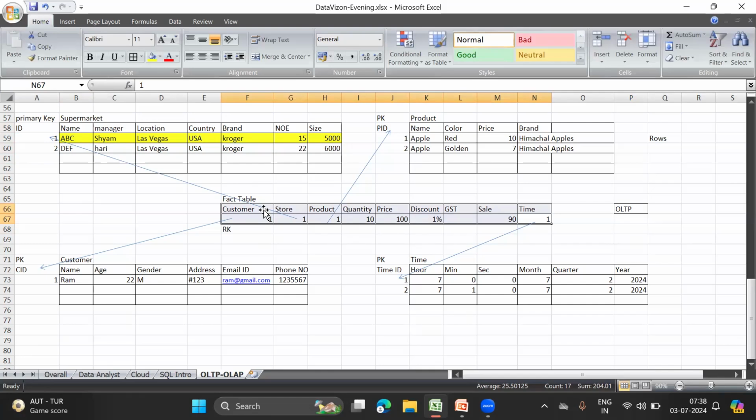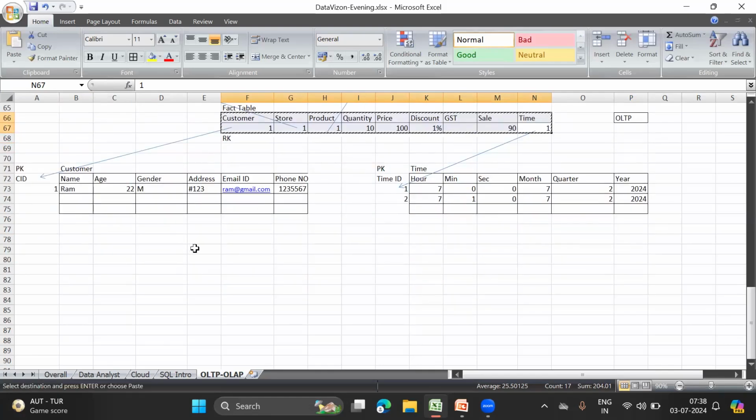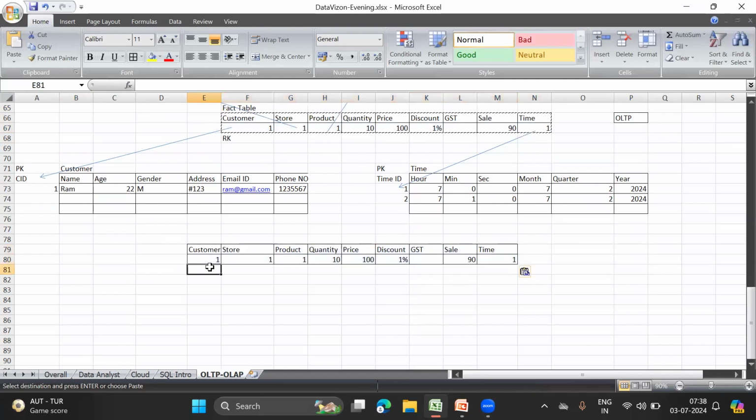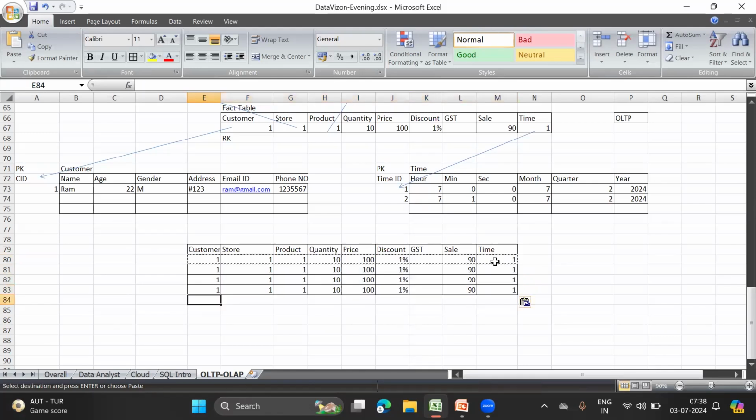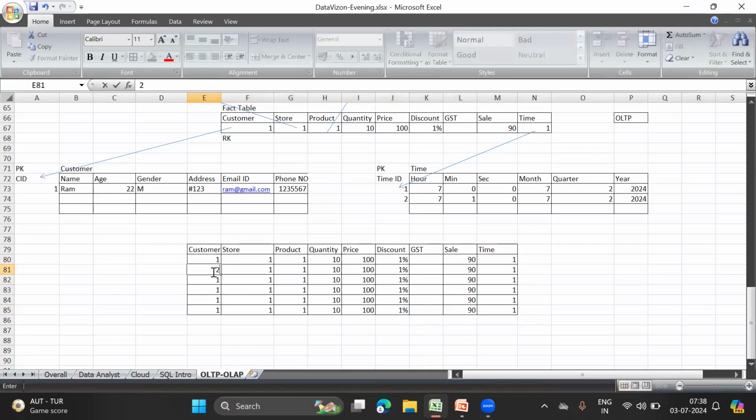Let's talk about why we need a fact table over here. If I give you this table, and then give you multiple details, for example, if I copy the multiple details over here. Suppose we have multiple customers like customer ID 2, 2, 2, 3, and then there are multiple stores. For store ID 2, we have different products, for example 2 over here. Different quantities were sold: 7, 7, 8, 6, 5, 3.